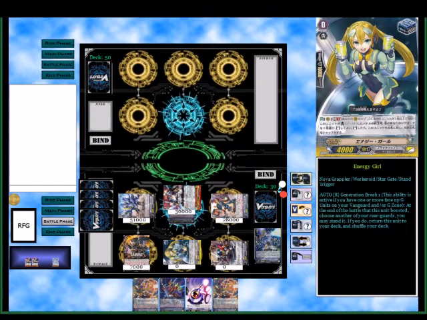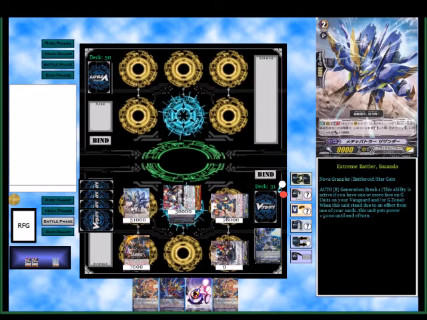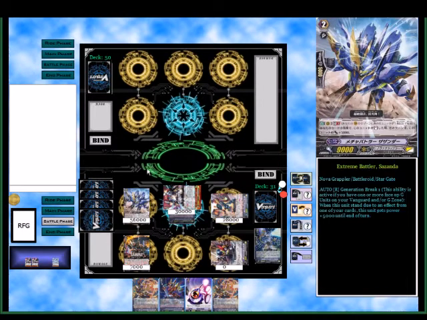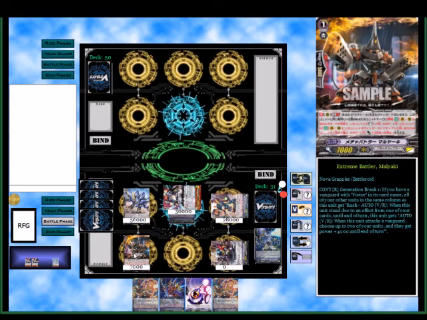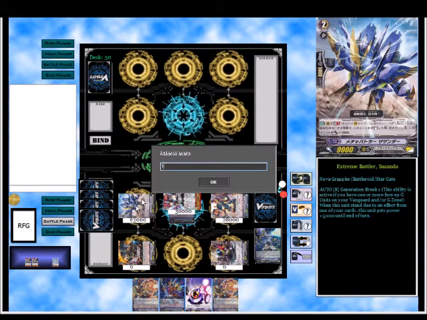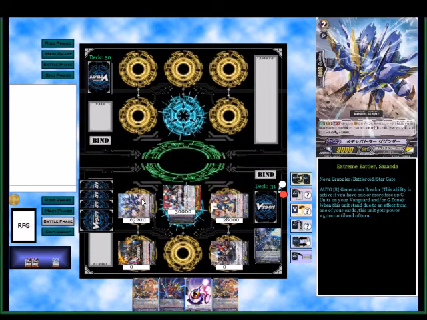And then from here, Energy Girl happens, which is put her back to the deck, restand Sazanda, and he gets another +5. So what's that, 42,000? Alright, and for the last attack here, the reason why I attacked unboosted is because this last attack is going to go to the full column right here. So attack boosted, and then here we have 3 triggers of Malyaki's trigger, which is +12, oops, what's that, 42 +12, 54 for Sazanda,